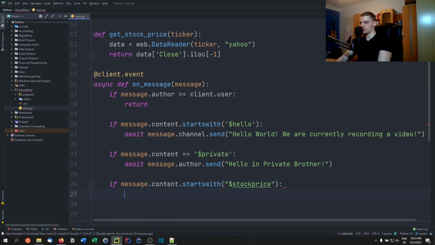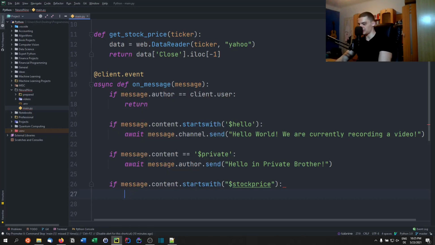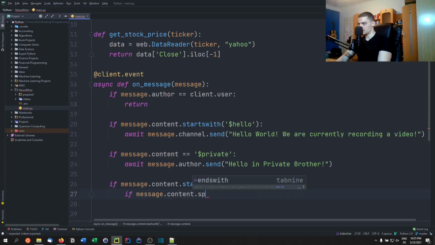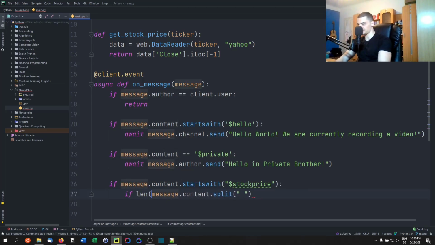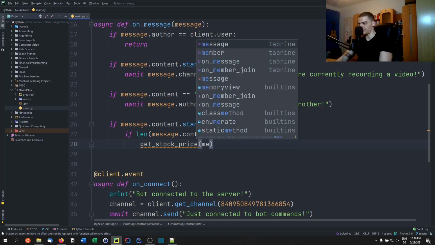Then if that is the case, we're going to say get stock price, or actually we're going to do it like that. We're going to say if message.content.split on the spaces, if the length of that is exactly 2, then we're going to do something, because you don't want to have anything but stock price and then the ticker symbol. So if the length of the individual words is 2, then we're going to say, okay, get stock price, and we're going to pass